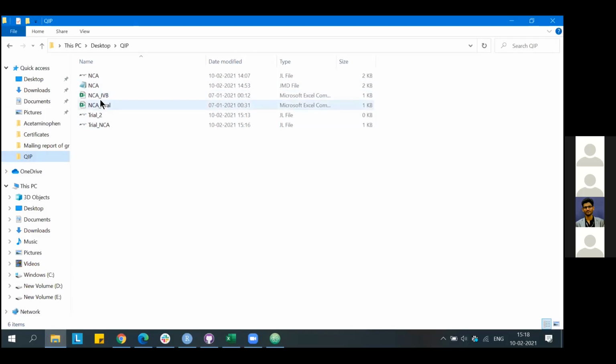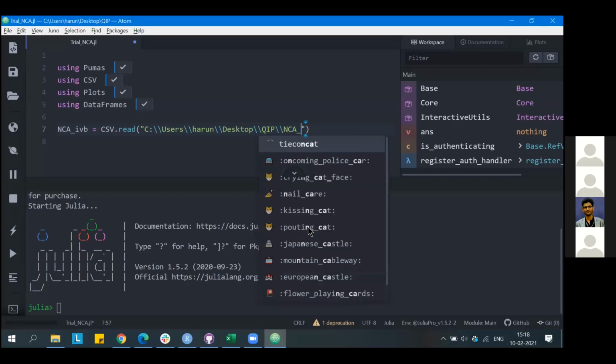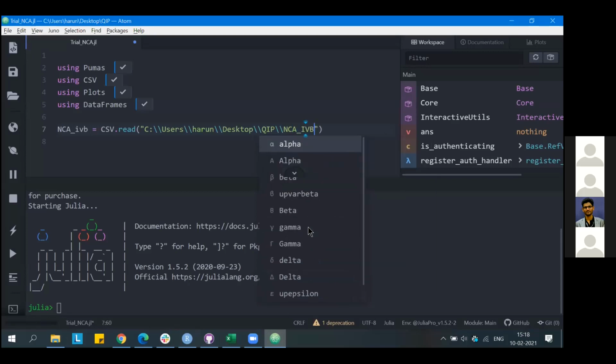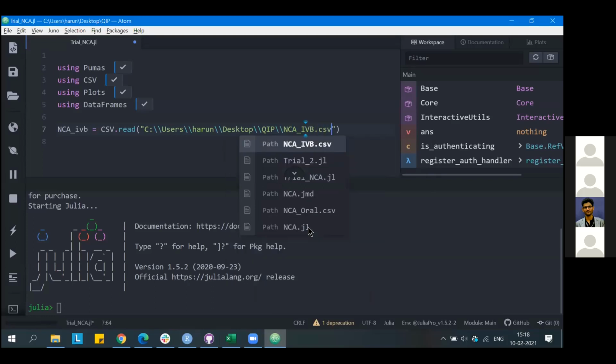The file name here will be NCA_IVB, everything in uppercase, and it is a CSV format. So I'll read in the CSV. This is just telling it to read the data set as such, without any specific conditionals.